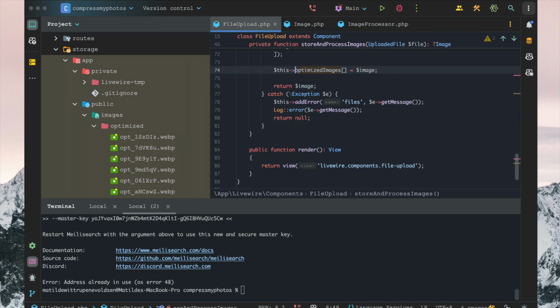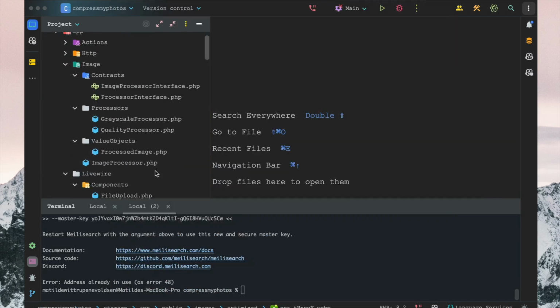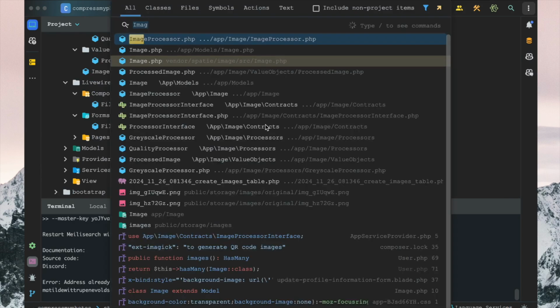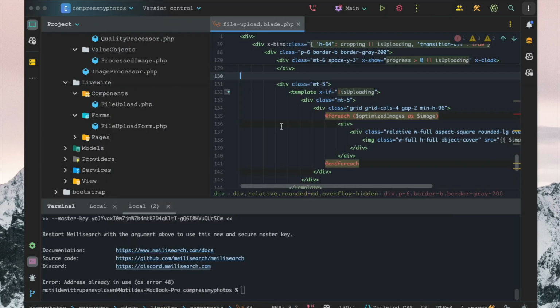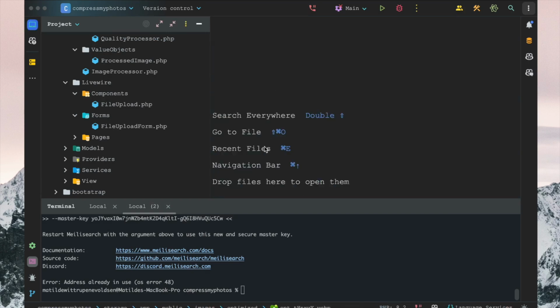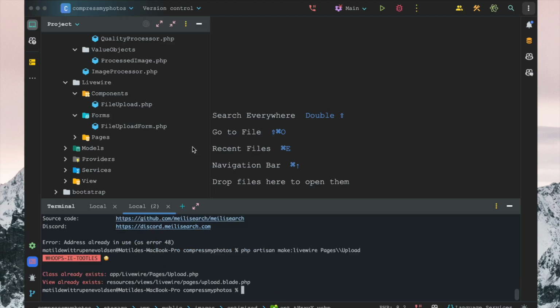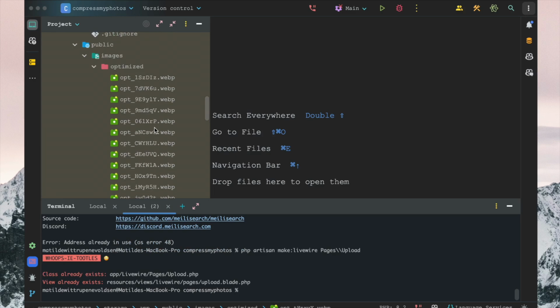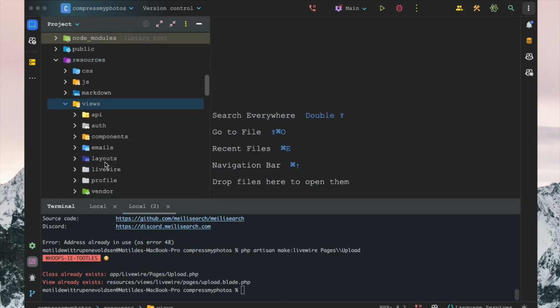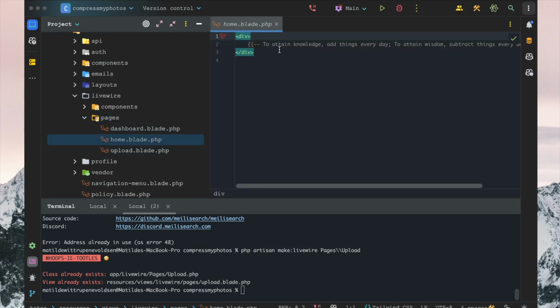Now, there's many ways you could implement some sort of search functionality. However, in this case, inside our file upload here, we can see we have all the files showing in here, but let's have another component here, an upload component. So let's make Livewire pages upload, and we already have that, so that's perfect. So if we go into our resources, views, Livewire pages upload,